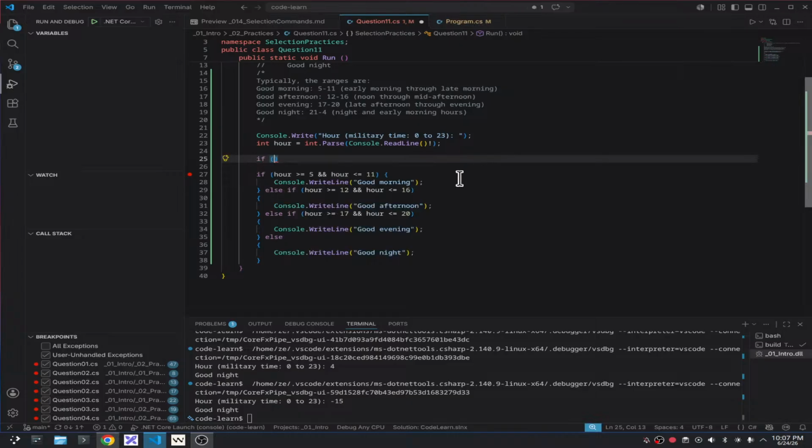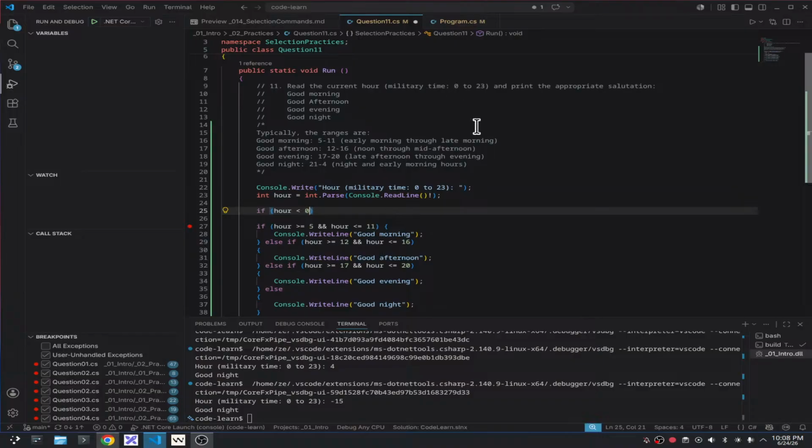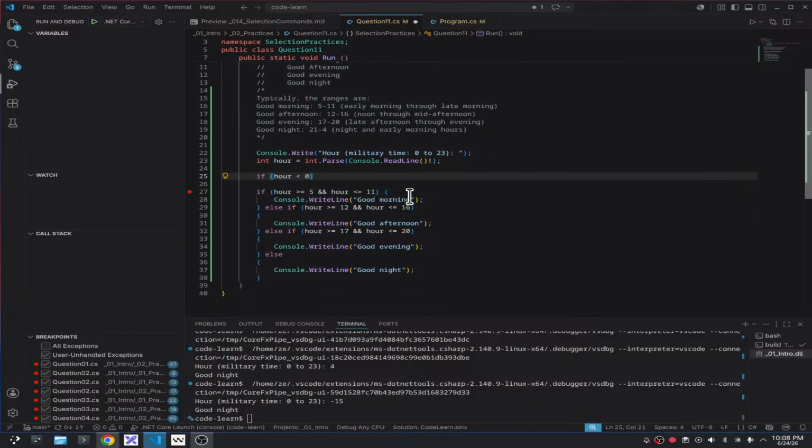If hour is smaller than 0, because remember, it can be 0, so the range is 0 to 23, or hour greater than 23,